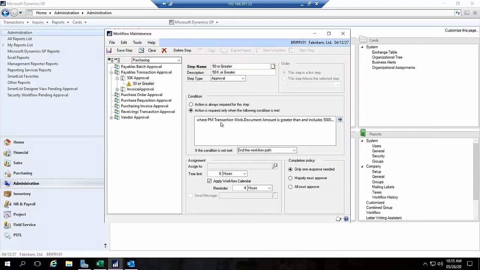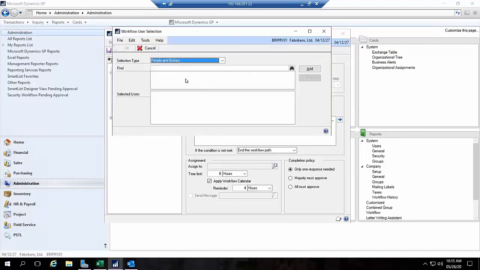You'll notice once I hit OK, it requires that I have this here. Now, I also have to pick who this gets assigned to. Remember how I said that this workflow actually works on Active Directory and not our GP users? I'm actually not going to search for our GP user in here. I'm going to search for my Active Directory, which in this environment is my whole name, which is a lot to spell. So you'll notice that it's me. And I can actually say a group of users that could have that. You can have a dual authentication in here. So I could actually say